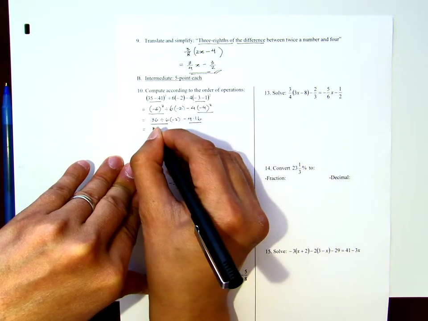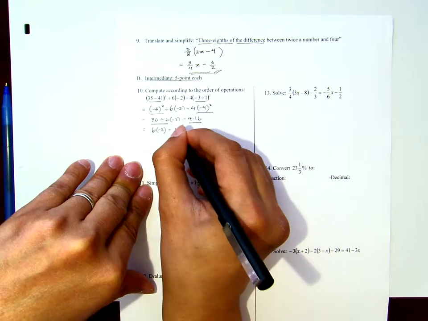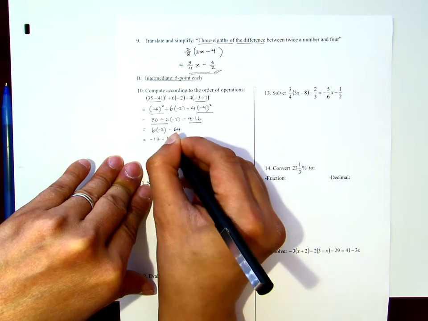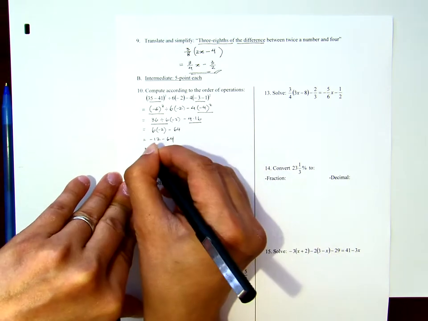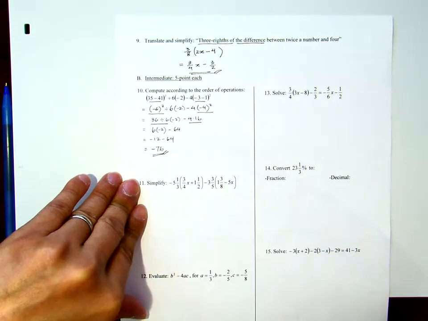And now I have 6 times -2 minus 4 times 16 is 64. This is -12 minus 64 equals -76. Okay,